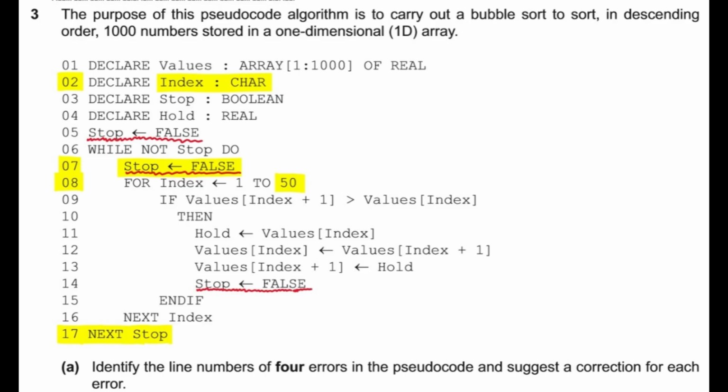If you notice that in line number 5, line number 7 and line number 14, stop is being assigned to false, and the loop of this program depends on this variable stop. So if stop is always false, it is highly possible that this loop is going to run into an infinite loop. So this loop is never going to stop. To solve this problem, in line number 7, we are going to assign stop to true. We are going to change the state of stop so that at some point the loop can stop as well.